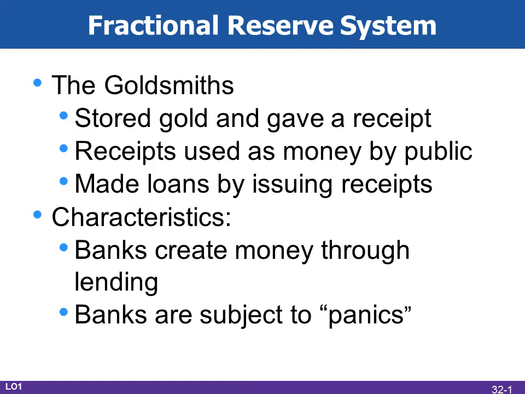So another important idea associated with this story is the fractional reserve system. There's only a fraction of gold that now backs the receipts in circulation. So two important economic lessons thus far: number one, we went from a commodity money, the gold, to a commodity-backed money with the paper receipts. And the second important idea here is the fractional reserve system.